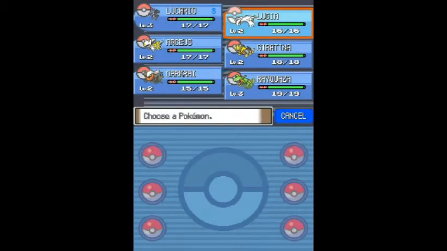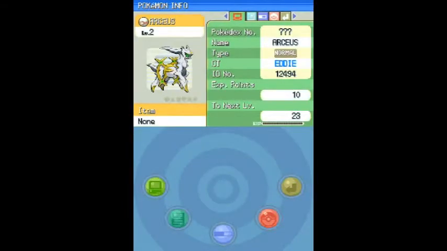Alright, next on the list we have, okay, Arceus. Arceus is the Alpha Pokemon. Its ability...